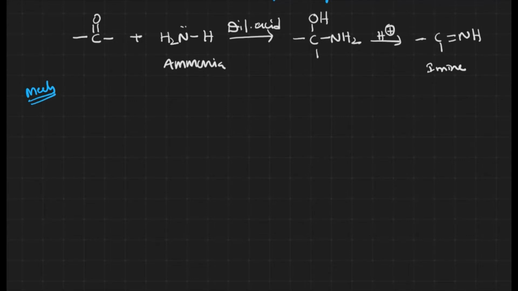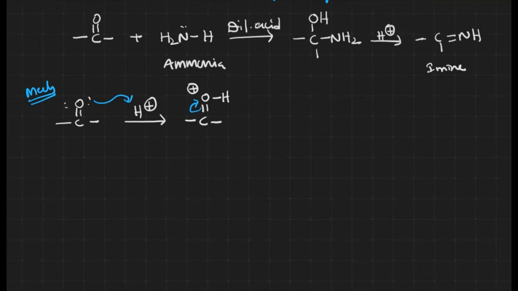Now initially we have to take the carbonyl compound in the acidic medium, right? H plus is there. What happens here? The lone pair catches the H plus over there. After catching, what happens? C double bond O, H and plus, right? Now here oxygen with the positive charge is unstable. That's what happens. Shifting of electrons takes place towards the oxygen. After that we'll get this kind of structure and carbon with a positive charge, which acts as the electrophile.